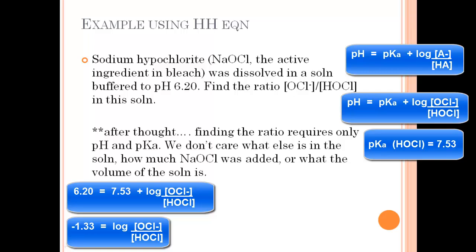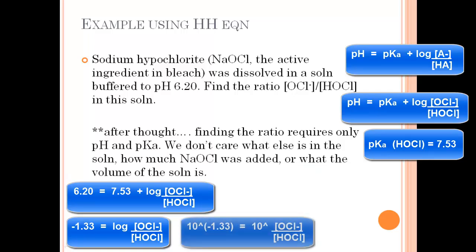Now you have a log. So to solve for this, you've got to raise 10 to the power shown on each side. So if you raise 10 to the power of negative 1.33, you will get 0.047. Of course, if you raise 10 to the right-hand side, which is just the log of this ratio with letters, all you're going to get is just the ratio with letters without the log. So our answer would be that the ratio of OCl minus, the conjugate base, to the conjugate acid of this solution is equal to